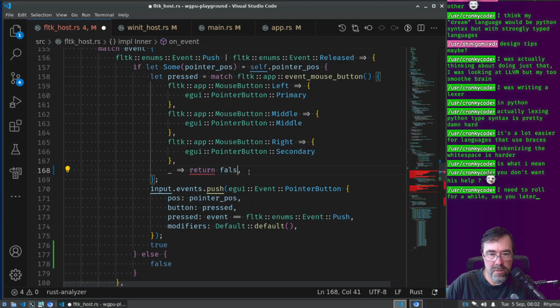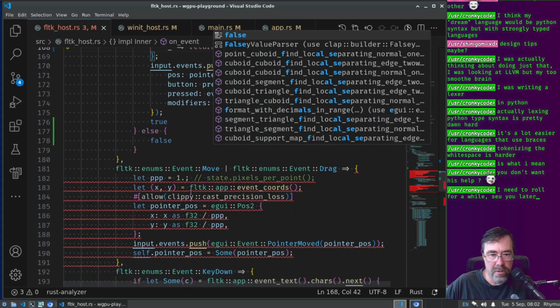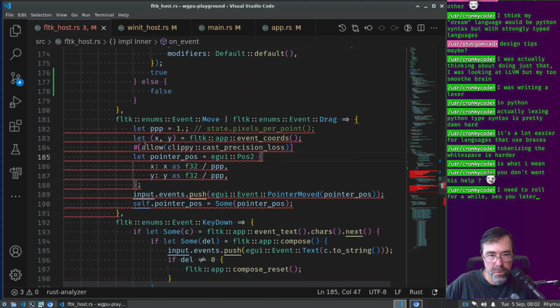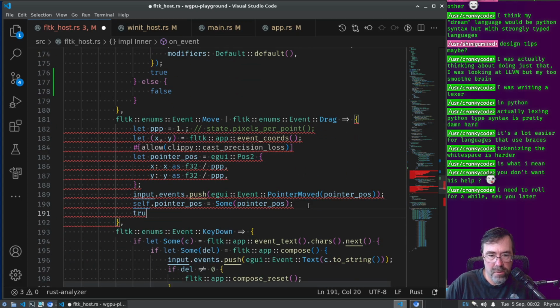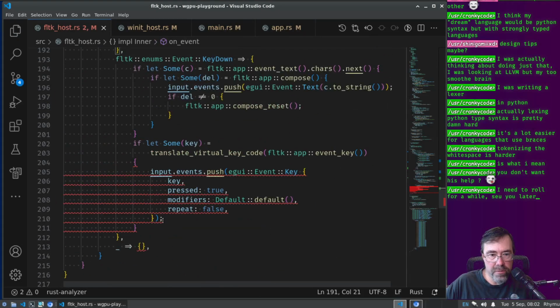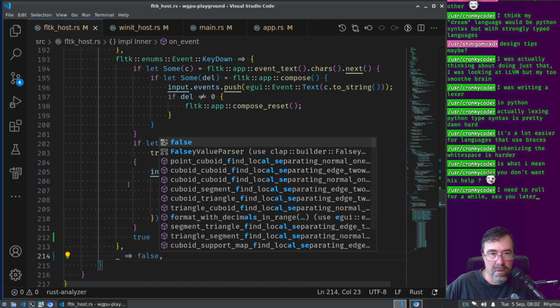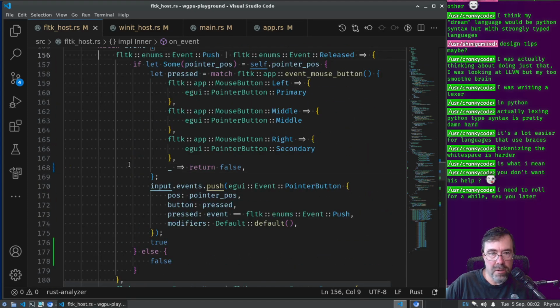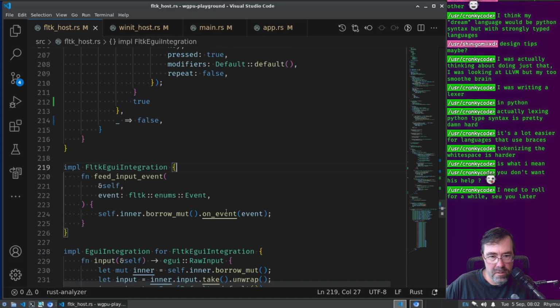This would be false. This is the button we don't care about. Move or drag is always true. Key down is always true for now. This is always false. Okay, and then going back, the caller of on event right here means,